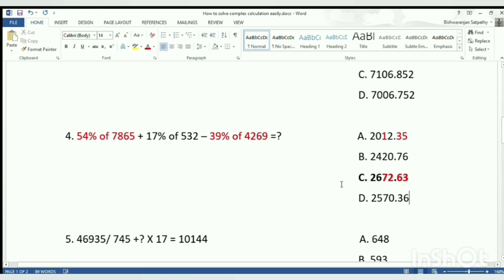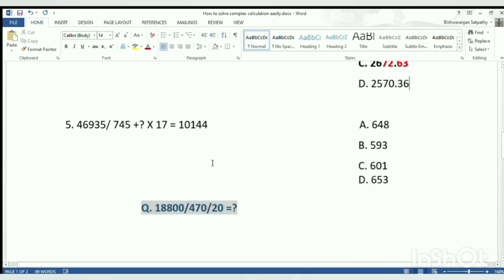Okay. Now let's move on to the fifth one and the last one. Here I have put the question mark here. Means you have to find this number. Okay. So how should we move on? Simply we have to apply the digit sum in this number, and this number, and this number. Okay. Then at last we'll find the answer. After seeing the options also, we are not getting a trick, so we just have to apply digit sum here.